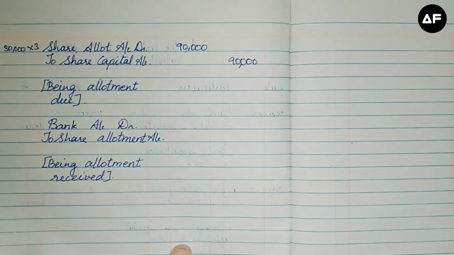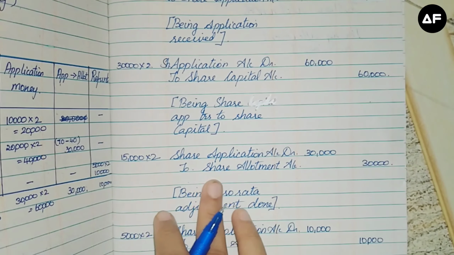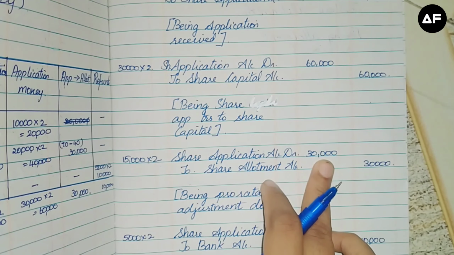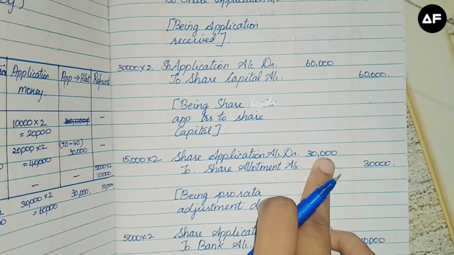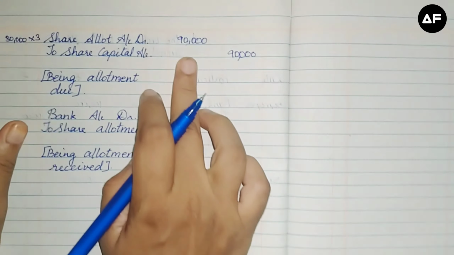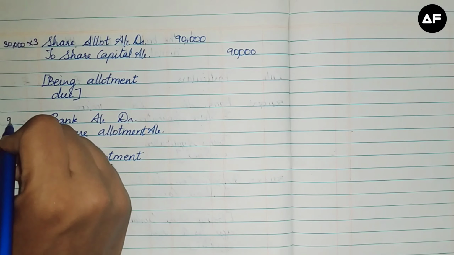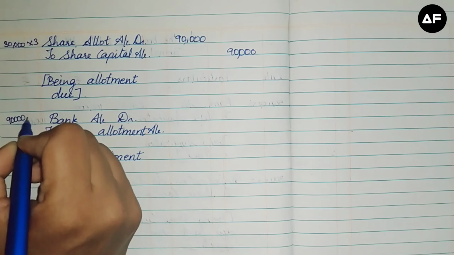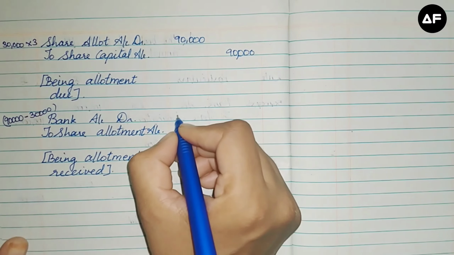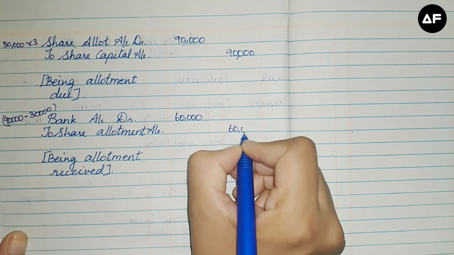Now turn back and see that you have already adjusted an amount. So you have to go into the pro rata entry. So application to allotment you have adjusted 30,000. So you will not receive this 30,000 during the allotment process. So how much are you supposed to receive? You are supposed to receive 90,000. So when you are receiving the allotment money, it will be 90,000 minus the 30,000 which you have already received. So you will receive only 60,000 rupees as the allotment money.